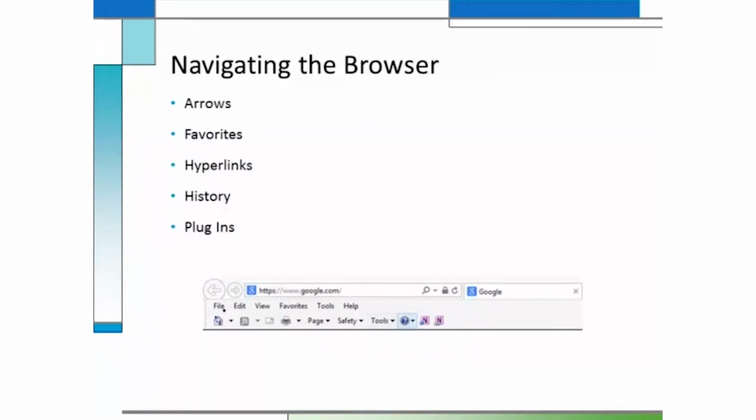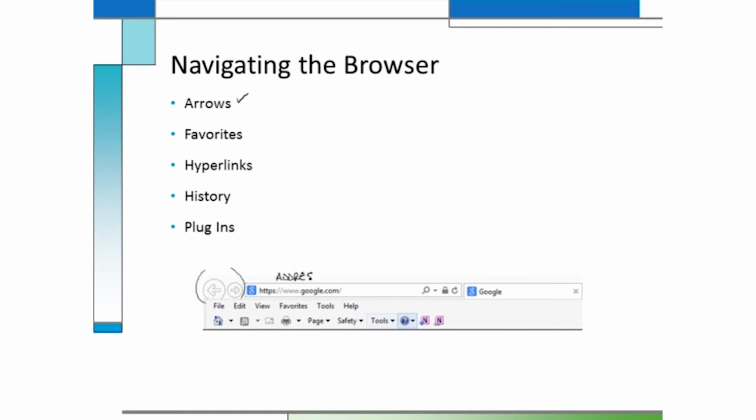Now, as you're navigating your browser, and again, like I said, there's a variety of different setups as far as where all these little objects are, depending on the browser you're using. We're looking at an example of Internet Explorer here. They are going to have navigation arrows. That's going to be these little sets of arrows here. On some browsers, well, most of them, they're on that left-hand side by the address bar